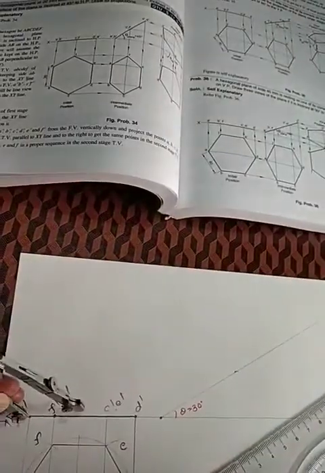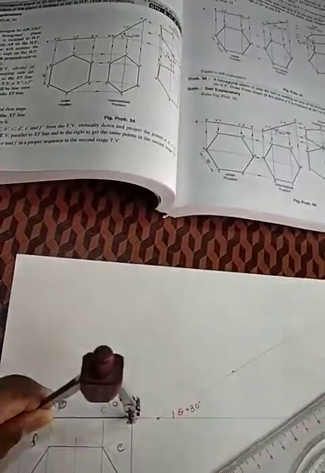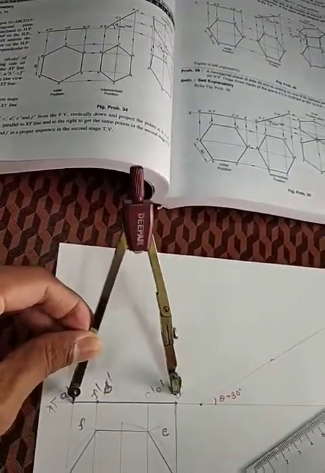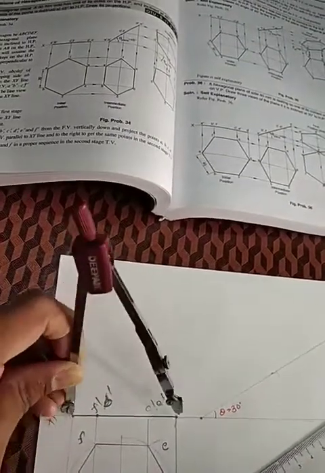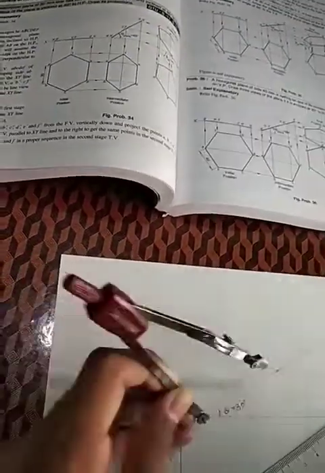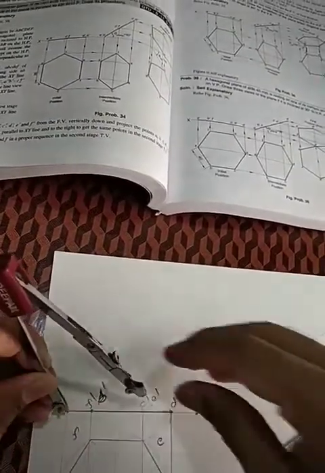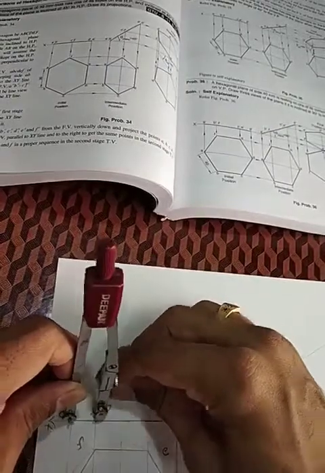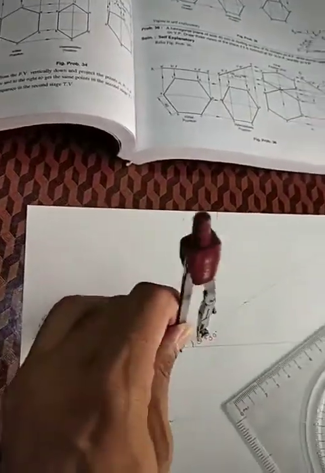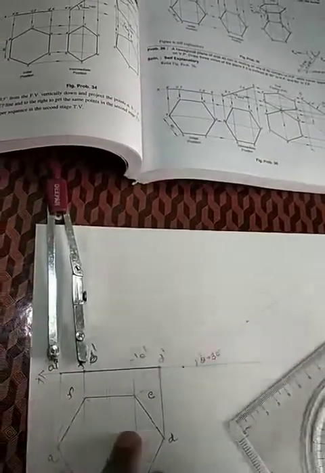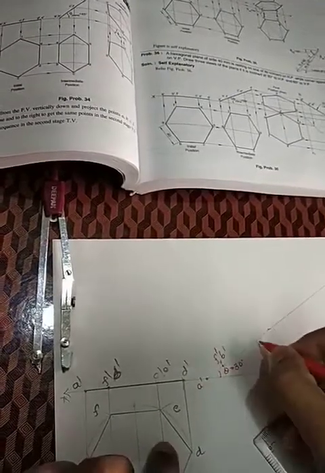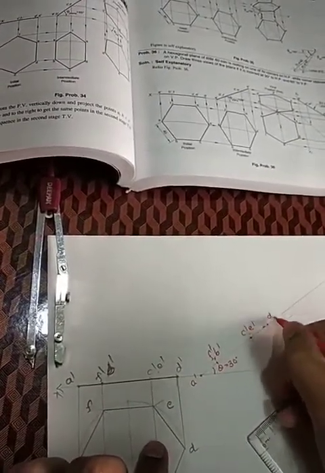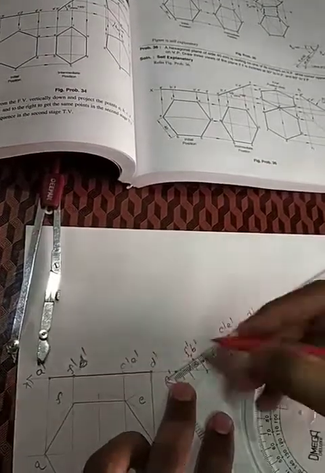After drawing this line, as I already told you, you have to mark all these points. Let A, D be this, so measure this distance, keep it at A and cut an arc. Similarly, you can find all the points, so this will be the arc of AC. Similarly, you can find the F and B points, so this will be FB. Now name all the points. This is my A dash point, this is my F dash B dash point, this is C dash E dash, and this will be my D dash point. Join all these points together.